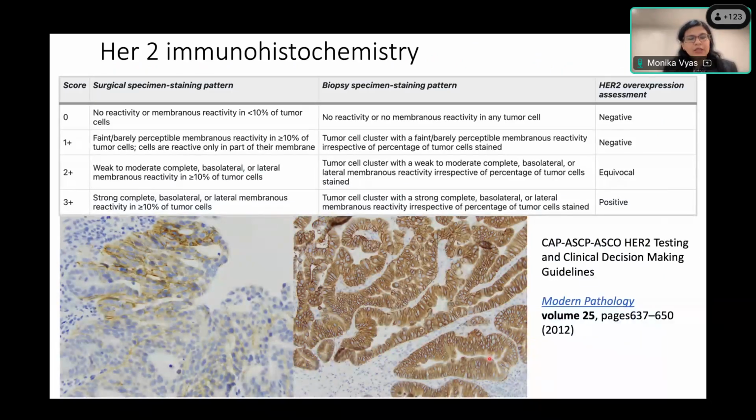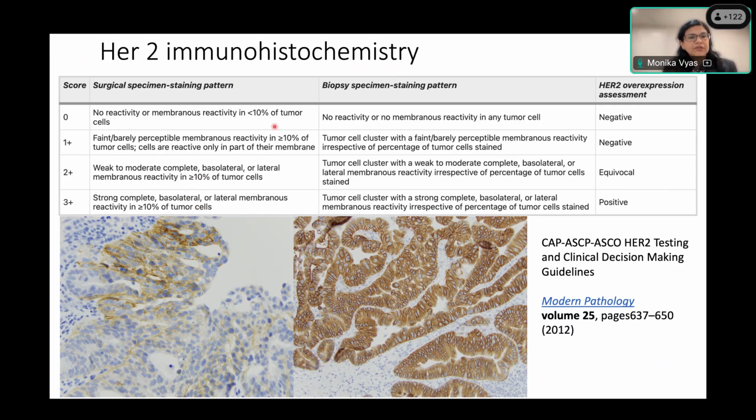And then HER2 IHC, it's really a little troublesome to interpret, and you have to know your stain, how it works, how your control worked that day. So the criteria are slightly different for surgical resection specimens and biopsy specimens. Depending on the amount of tumor, which shows either weak to moderate or complete staining, you would score the HER2 IHC as 1+, 2+, or 3+.